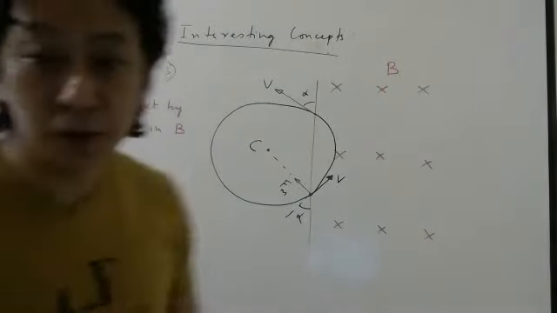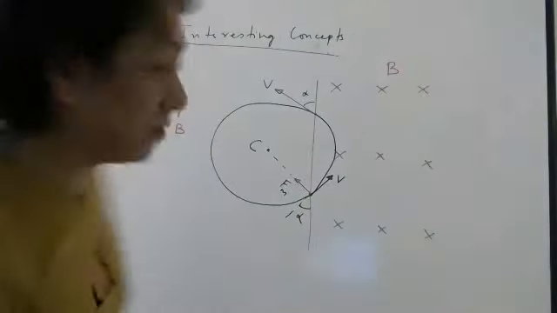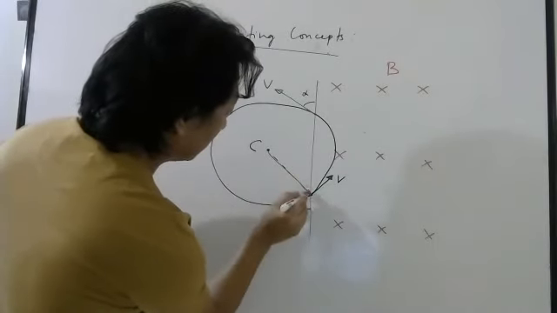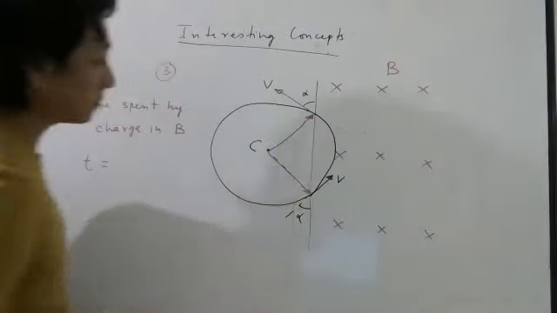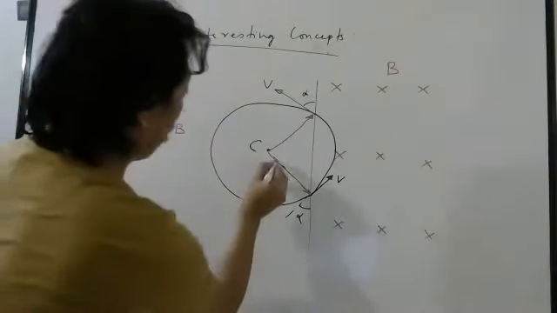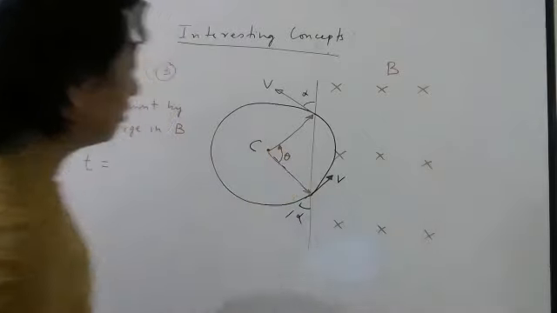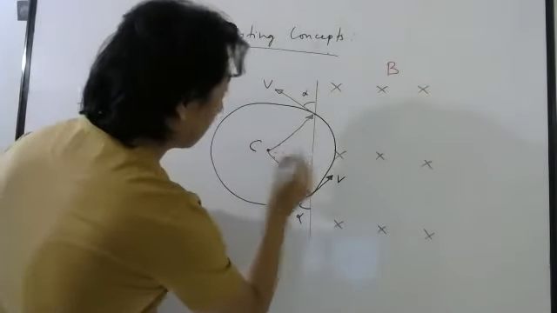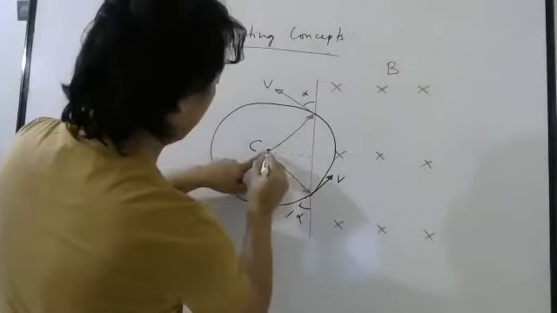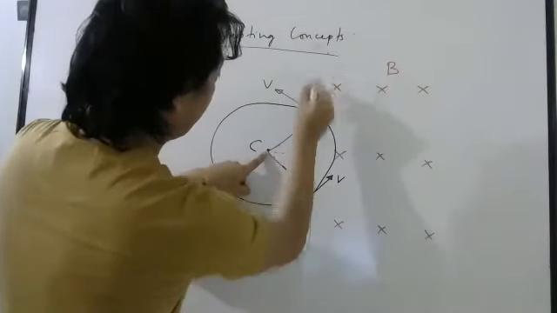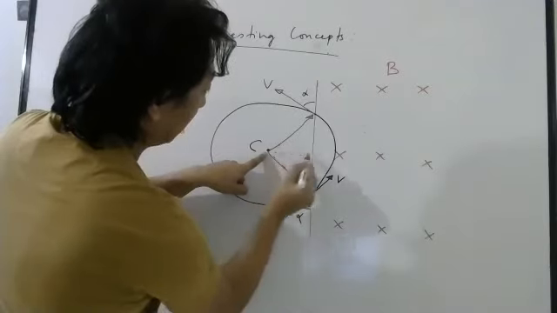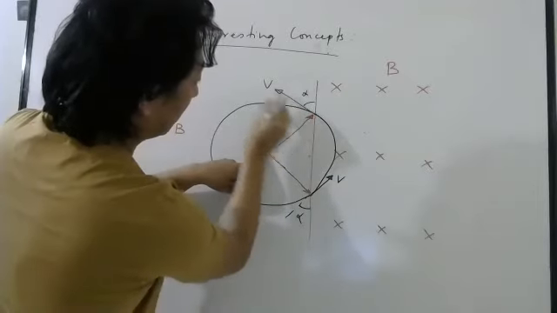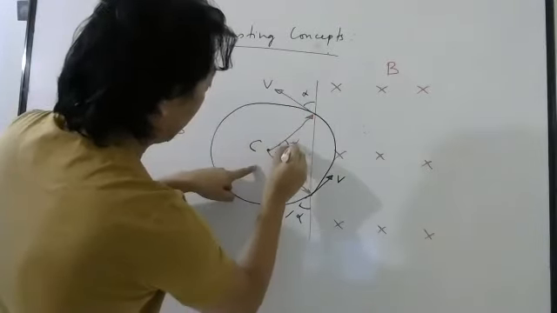First, what I should do is calculate the angle turned by the radius vector. So this radius was here. Now you forget about this force. This radius vector is here, and now it is here. If this is alpha, this is alpha. How much angle does it turn? Can you tell me? See here, you can draw this line here. Now you check: this is perpendicular to this line. Agree or not? This radius is perpendicular to the tangent. So if this is alpha, this is also alpha.